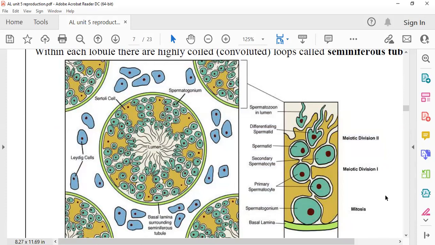Can you see that word? Yes, sir. Spermatogonium. Primary spermatocyte. Then secondary spermatocyte. Then spermatid. Then